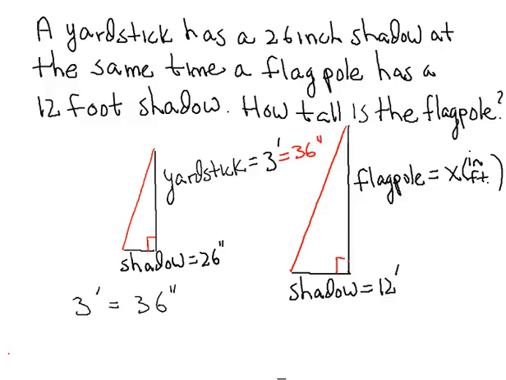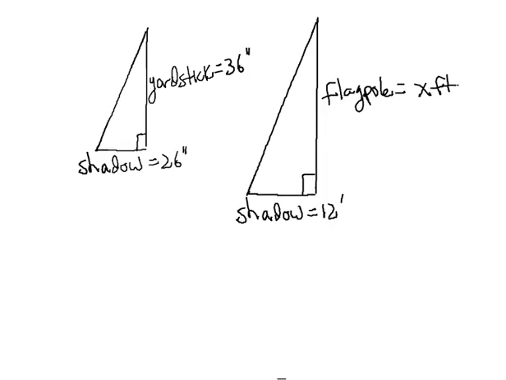Now for the flagpole, it seems reasonable, I'm sure, that we would want the height expressed in feet. So we're going to let x be the height of the flagpole in feet, and we'll keep its shadow expressed in feet as well. So now we're ready to set up the proportion. Now, because we have similar triangles, we can set up the following proportion. The length of the yardstick in inches, 36, is to its shadow length in inches, so 36 over 26, is equal to the height of the flagpole in feet, which is x, over its shadow length, which